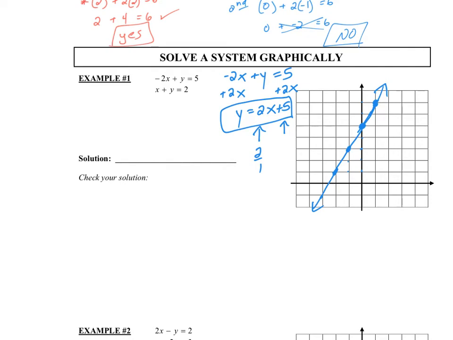I'm going to switch colors, and I'm going to graph the second equation. So I have y equals negative x plus 2. The y-intercept is 2, so go to positive 2. The slope is negative 1. That means down 1, right 1, down 1, right 1, or up 1, left 1. So when you connect your dots,